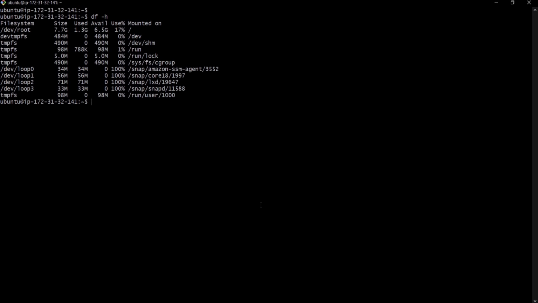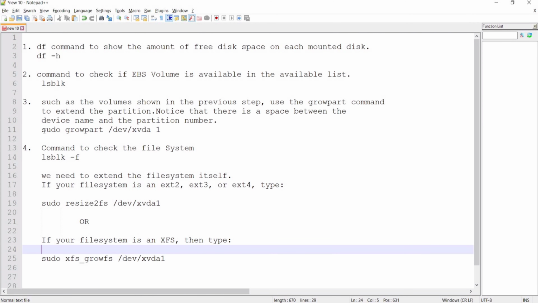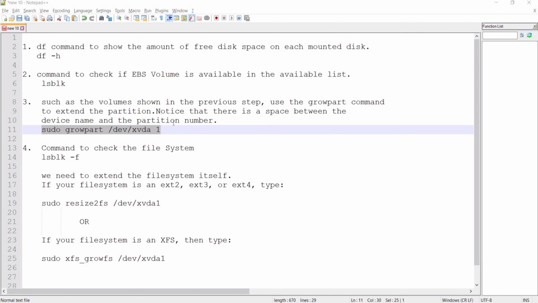So let's go to the terminal and again execute the command df -h. Here it is not reflected. For that we have to execute the command growpart, which extends our partition. This command uses the device name and partition number.